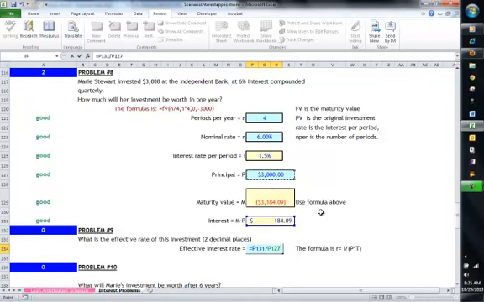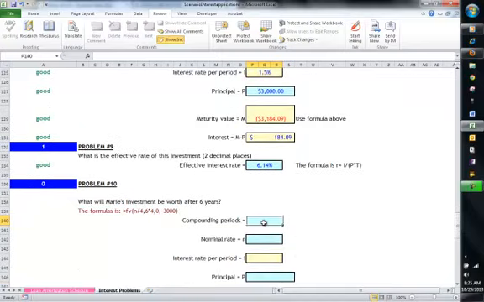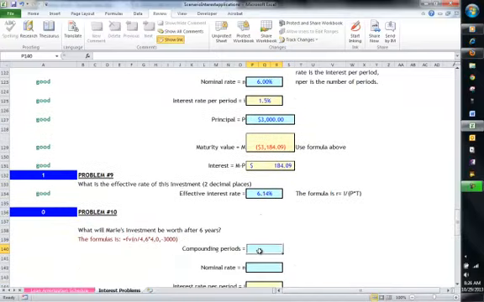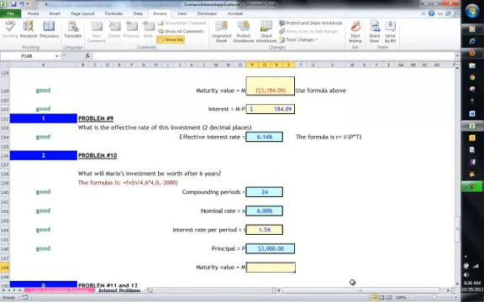the time. The time is 1 year, so it's just divided by the principal. How much will her investment be worth in 6 years? Well, there's 6 times 4 quarters in a year is 24 compoundings at 6%. So the interest per period is the 6% divided by 4 quarters. She still has $3,000 in the bank. Her maturity value is